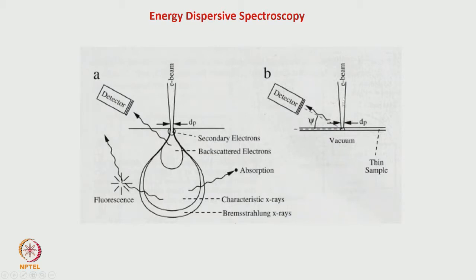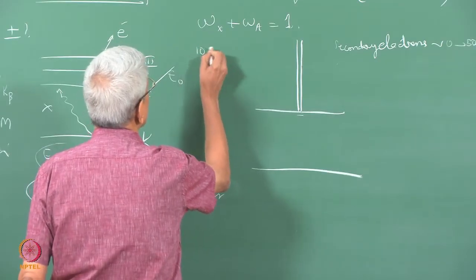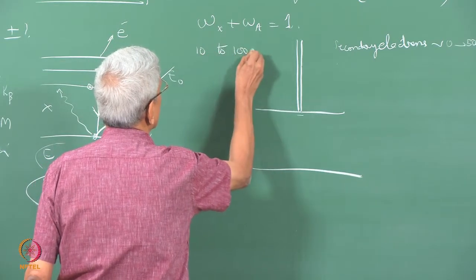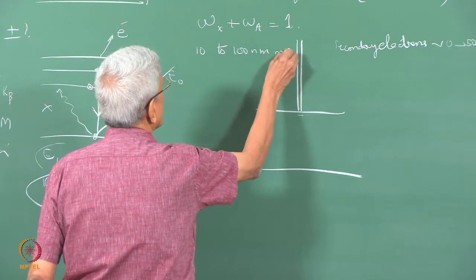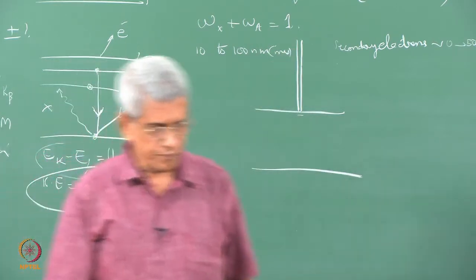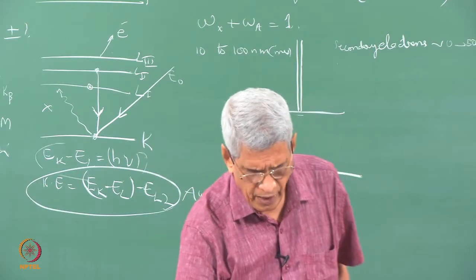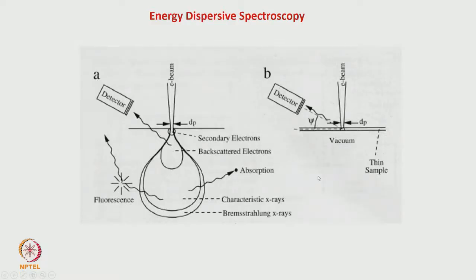But this is a case where suppose the sample becomes extremely thin, like in the case of a TEM. This is what we see in the case of a bulk sample, in the case of an SEM or electron probe microanalyzer. In the case of a TEM, the sample thickness is generally of the order of maybe 10 to 100 nanometers maximum. Okay. So, because of this, the absorption and fluorescence are going to be very small. We will talk about it a little bit later. Okay.